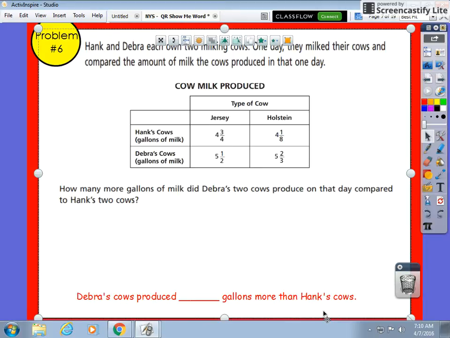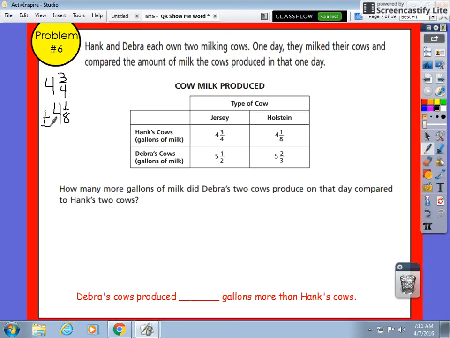So we have some hidden questions. Before we can figure out how much they produced altogether and compare them, we need to add to find out how much Hank's cows produced together and how much Deborah's cows produced together. So I'm going to start with Hank, and I'm going to do that right on the side of my table. So Hank's cows, he had his Jersey cows, produced 4 3/4 gallons, and he had his Holstein cows produce 4